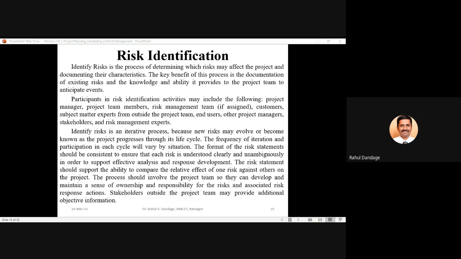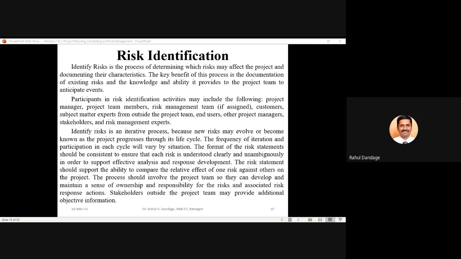So these risks should not be identified only by the top management or some consultants or certain high level management people, but the project team should be involved directly with the identification of the risk, and also they should be encouraged to propose risk responses to the risks identified, so that they will have a sense of ownership, they will find themselves responsible for the risk which is identified, and that will be more beneficial for the entire project.